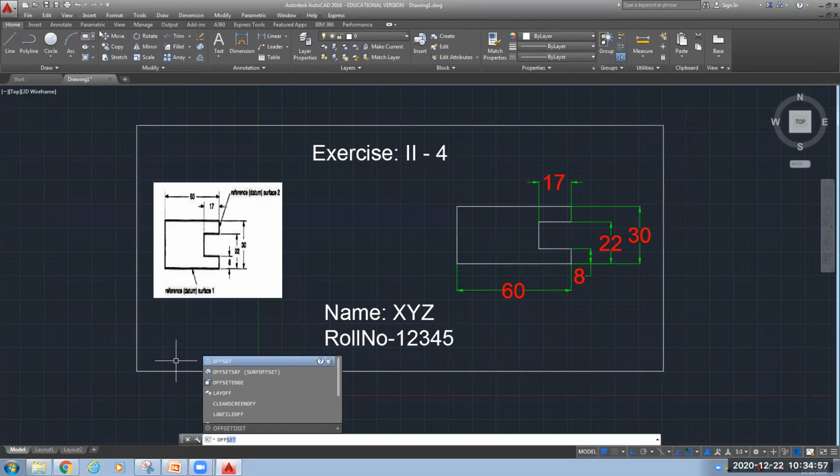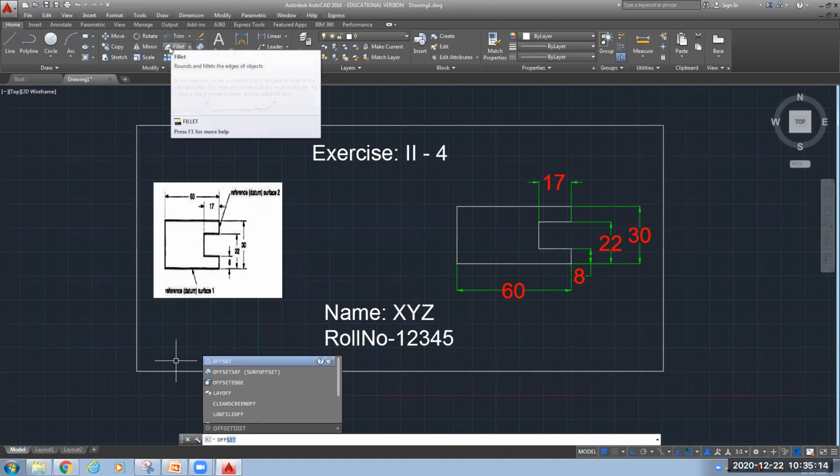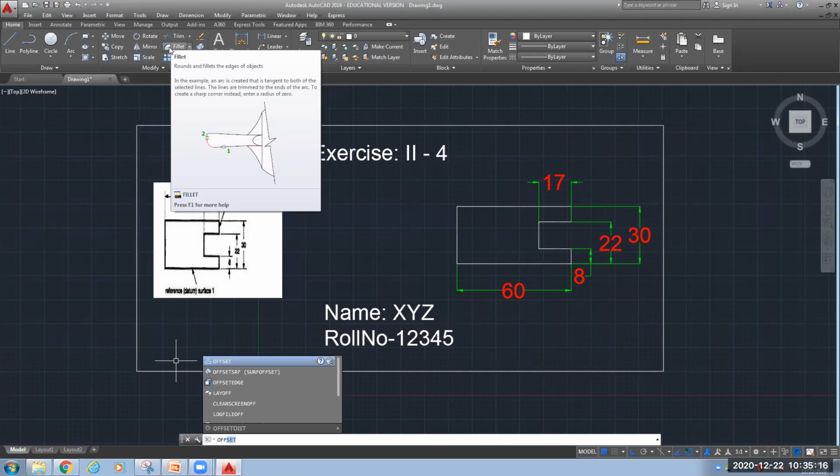This is your modify command list. Okay. We have used how to move. We have learned how to copy, how to stretch, how to rotate, that I will show. Mirror command we have used, scale command we have used, trim command we have used, fillet we have not yet used. Okay, so let me show you how to use this fillet command.